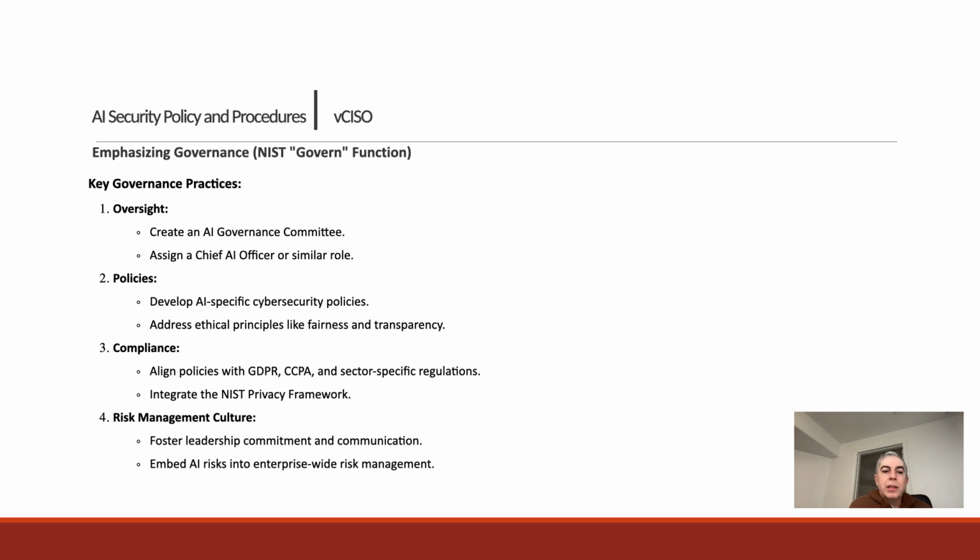So policies: develop cybersecurity policies, and address ethical principles like fairness and transparency. That means you have to make sure those policies, fairness, are being delivered all across the organization. You have to create the culture. Compliance is another thing: it has to align with the rules for data privacy and the risk management culture. So the leadership, and they have to make sure the communication and the way that they deliver and send the message